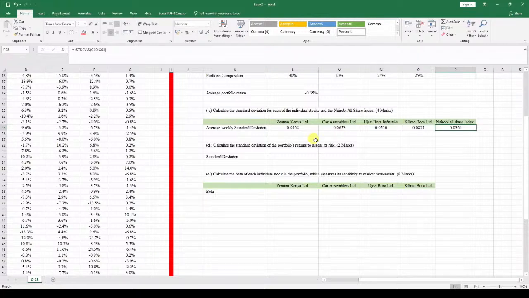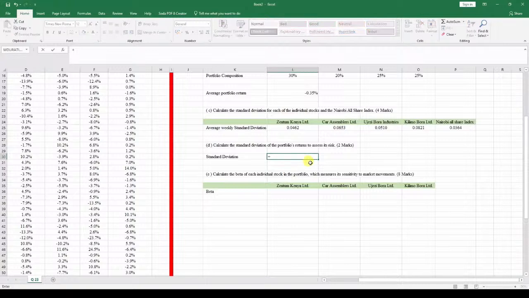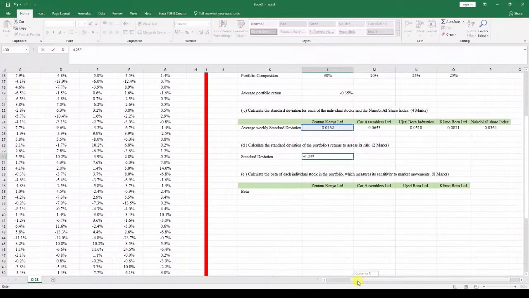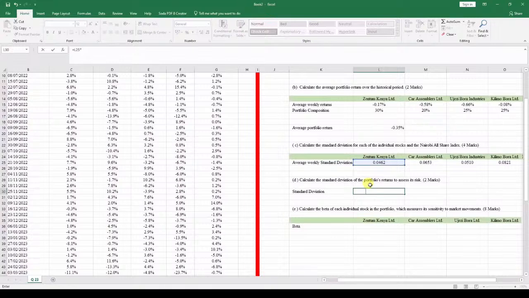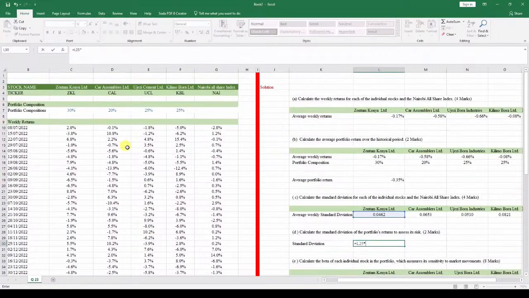And the weights would mean that we already have the standard deviation over here, but now we need to factor in the weights. We pick that standard deviation times its corresponding weight. The corresponding weights were given to us over here. We can use that, or we can even use this portfolio composition right over here.